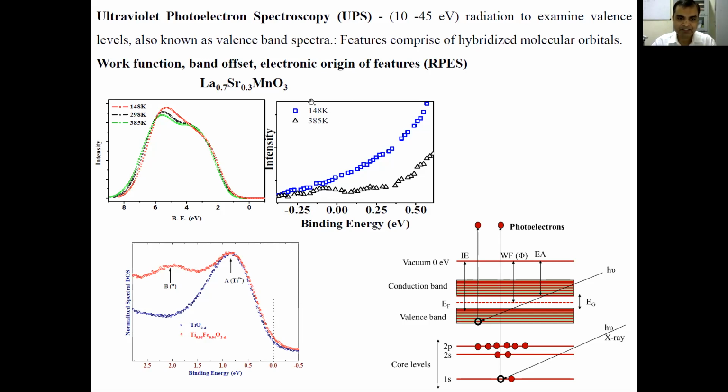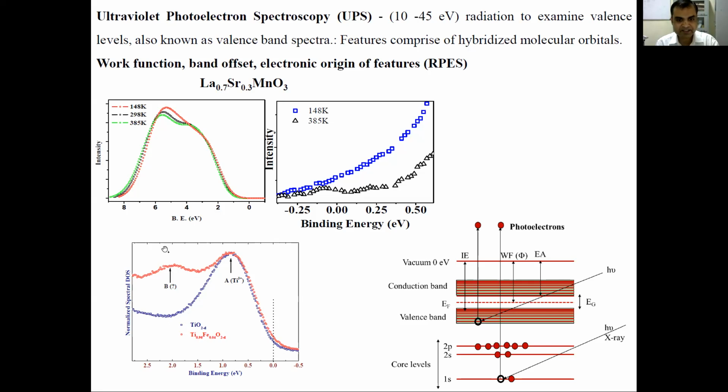Similarly, this is one of the dilute magnetic semiconductors. The undoped TiO2 had this particular valence band spectra. But with iron doping in the system, it created an additional state in the valence band spectra. So after doping, it has created an additional state. But what is the origin of that additional state? What is its nature? We cannot confirm using just a wide look at the valence band spectra.